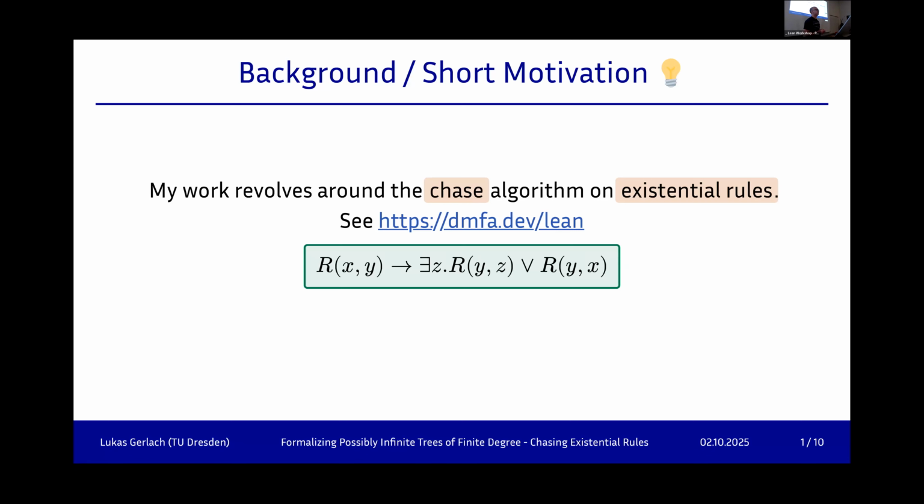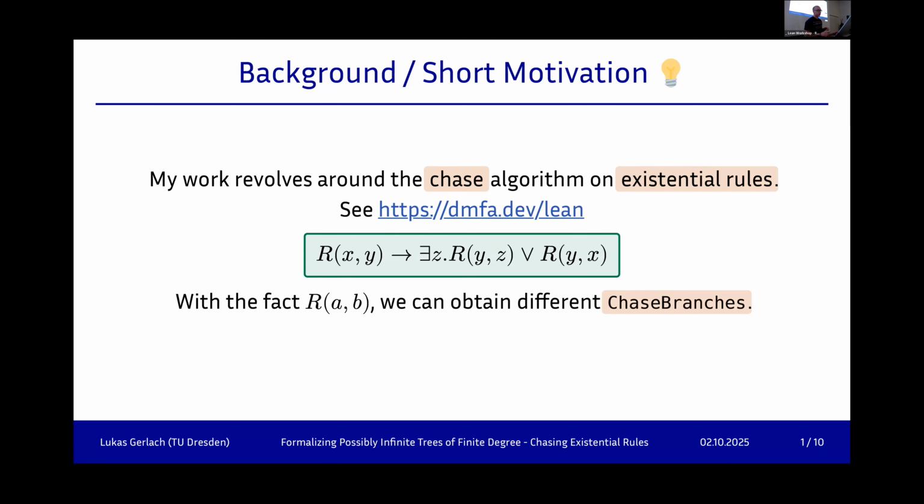And you can read this as: if I have an R(X, Y), then I should also be able to find a Z such that I have an R(Y, Z), or I just simply have R(Y, X). So this is just a fragment of first order logic, which is pretty simple and also very similar to Datalog. If you've seen a talk by Johannes, you notice a little bit already. All right. And now what the chase does is it takes an initial set of facts,